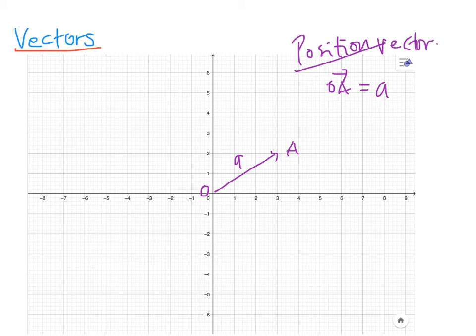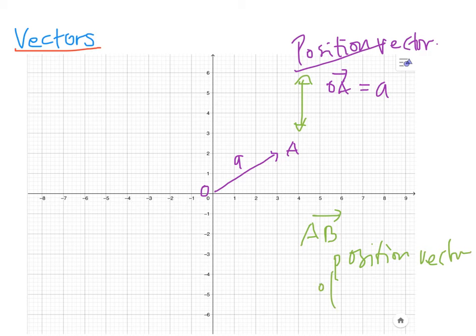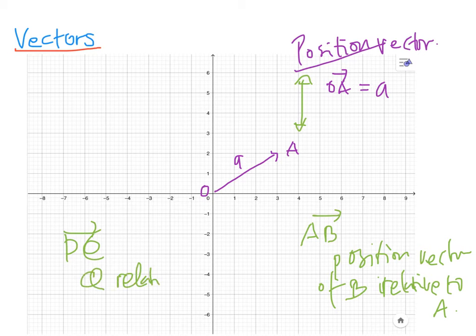Let me give you another color. The final location with respect to the initial location. So if we talk about AB, for example, this is a position vector of B relative to A. So position vector of B relative to A. Then if we have PQ, you can tell Q relative to P. So these are called position vectors, and the way we represent